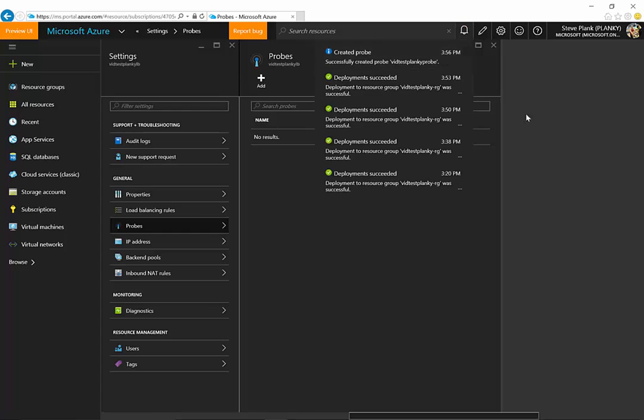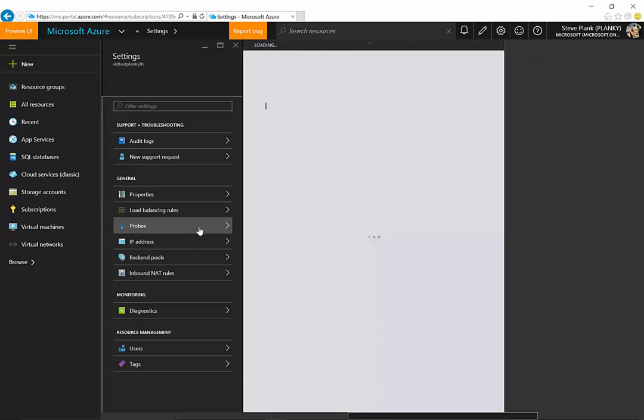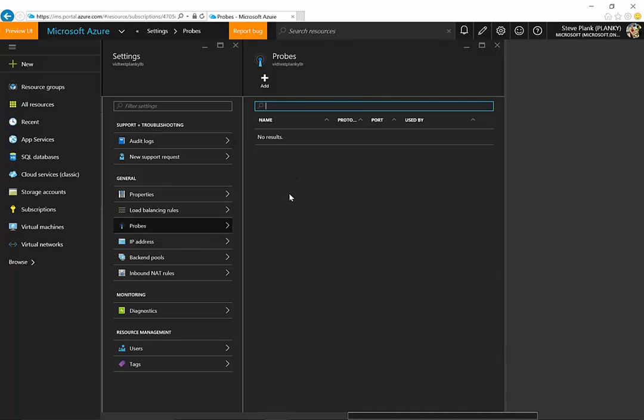Now it says it's successfully created, so I probably need to refresh that because it hasn't appeared there yet. Let me close that down, go back in again. It's still not there, no. Oh yeah, sorry, that is the probe. Ah, there we go. Probe, TCP, port 80. Great. Next thing is,